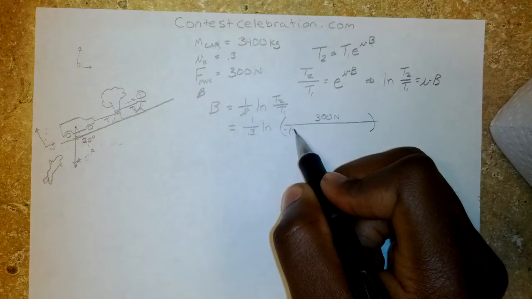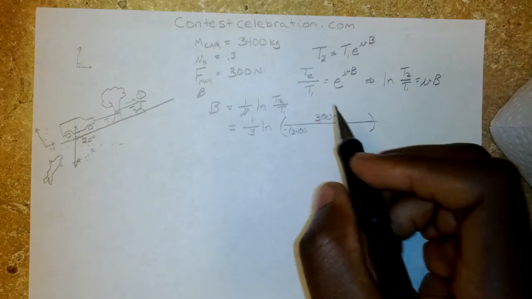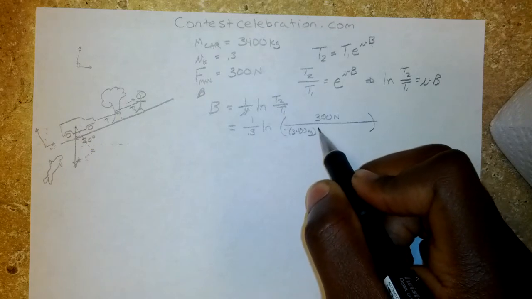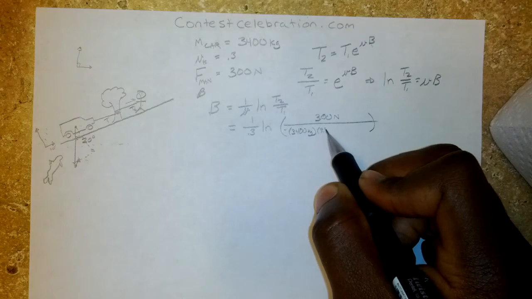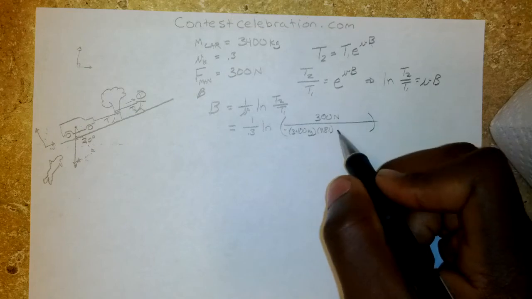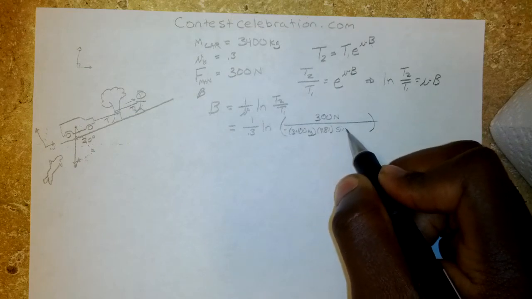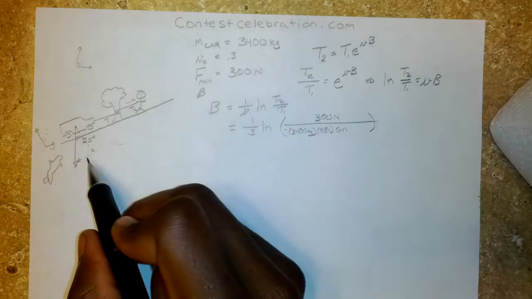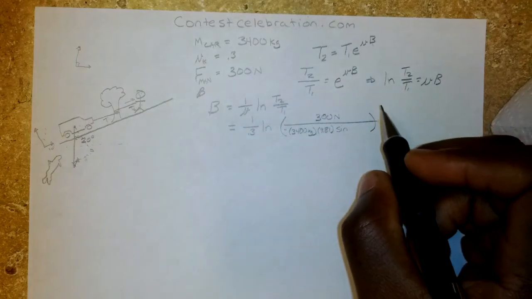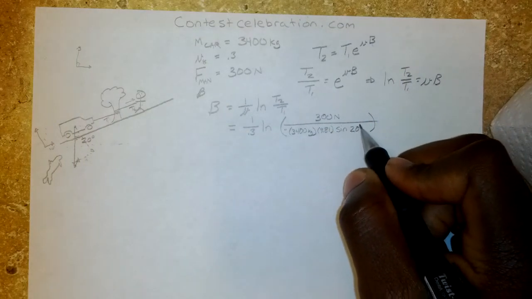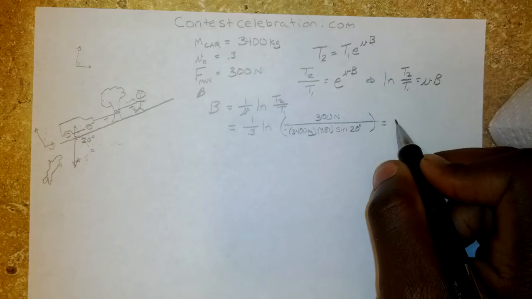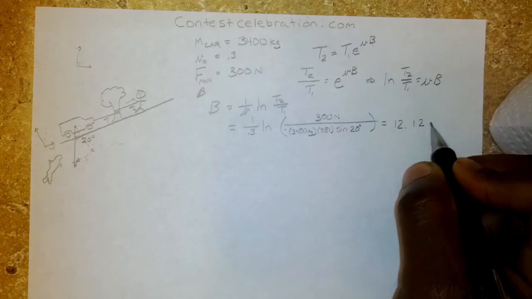That's going to be 3,400 kilograms times the acceleration of gravity, 9.8 meters per second squared, and then multiply that by sine of the angle theta to get this component, because that's the only thing acting in this direction, so that's what the tension will be. So it's sine of 20 degrees, and we plug that into our handy dandy calculator, and that gives us 12.1275